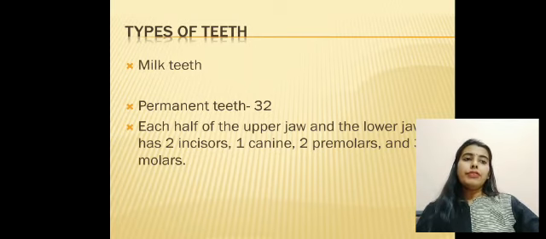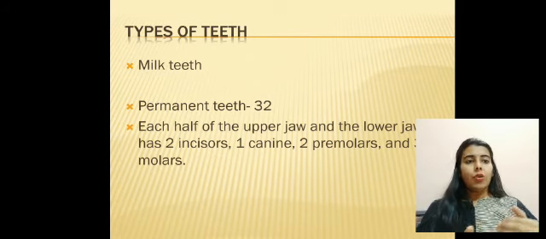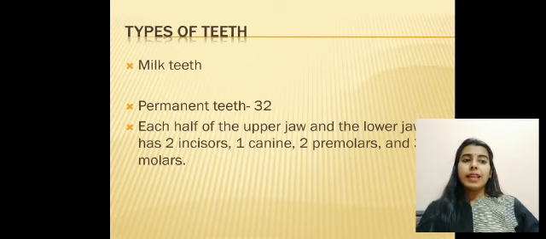Now in our mouth we have teeth and tongue. The tongue helps to taste the food. The tongue helps in mixing the saliva into the food when the food is being chewed by the teeth. And the tongue also helps us in speaking. Here we have discussed the types of teeth, the role of the tongue, and next is saliva in the mouth.